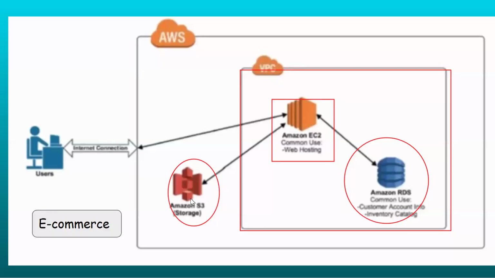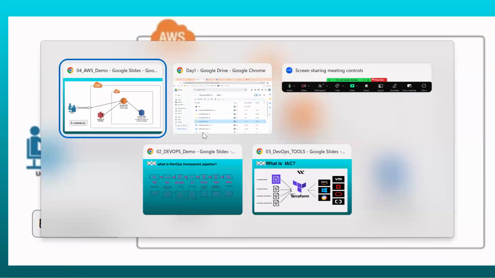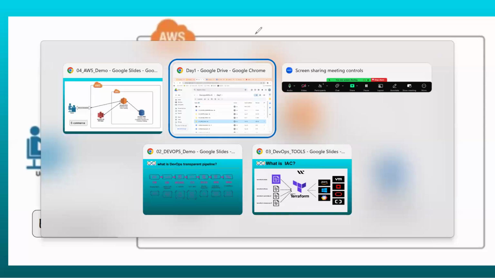Let us continue. We understand very clearly what exactly the cloud is, and that the cloud we're going to focus on is AWS. Whether it is Azure or Google, all are the same. The service names are different, but the concept is the same. The same modules like a networking module, EC2 as a compute module, a database module, and a storage module, which are called the same in Azure also.